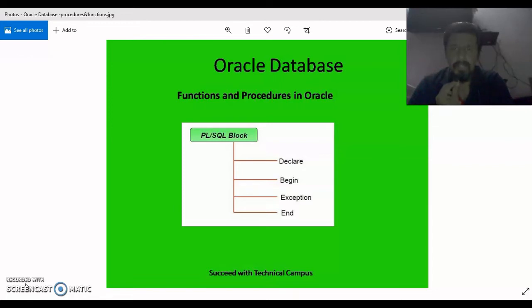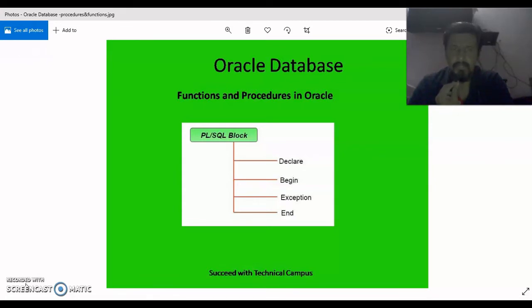Programming constructs are like if then else or loop, for loop. These subprograms can be stored in a database, and can later be used by calling the name of that subprogram.